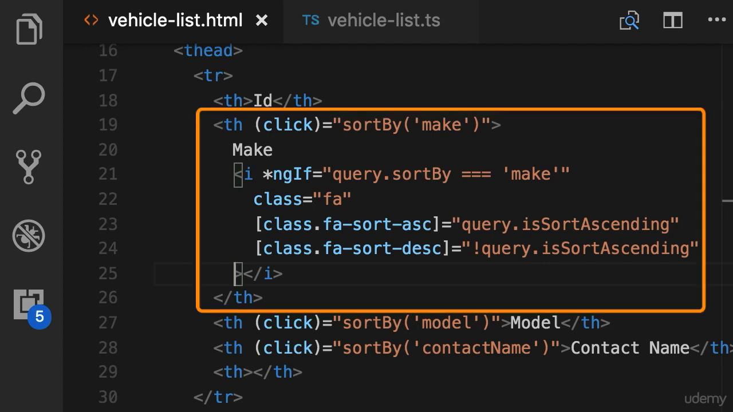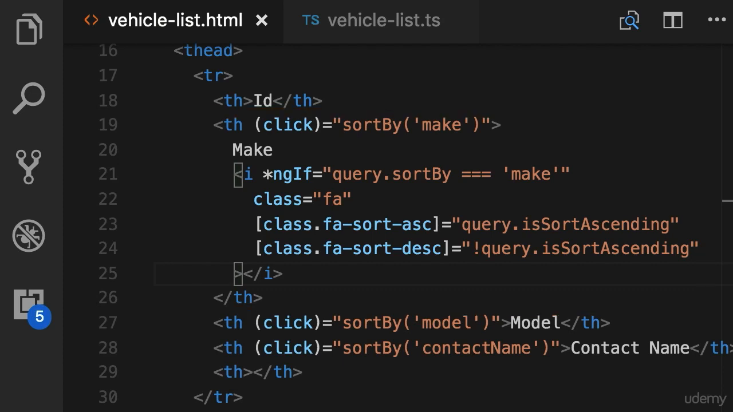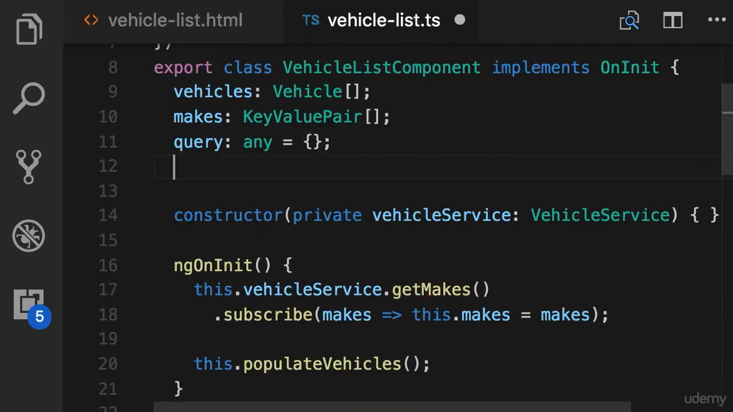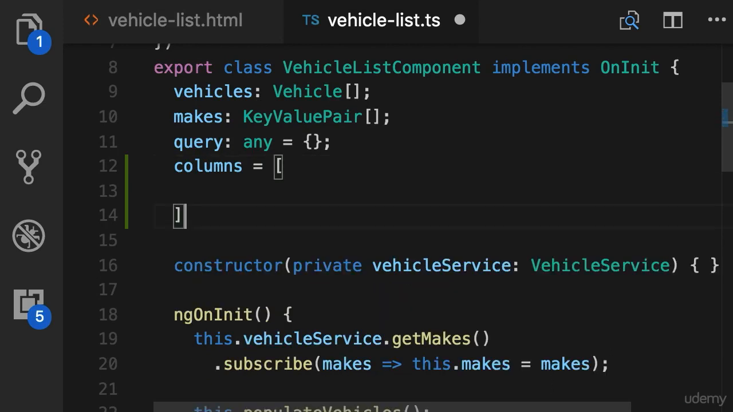So here, instead of hard coding the column and the logic to render the sort icon, I want to render the columns dynamically, and then we'll implement this logic only once. So in our vehicle list component, I'm going to declare a new field here, columns, set it to an array,